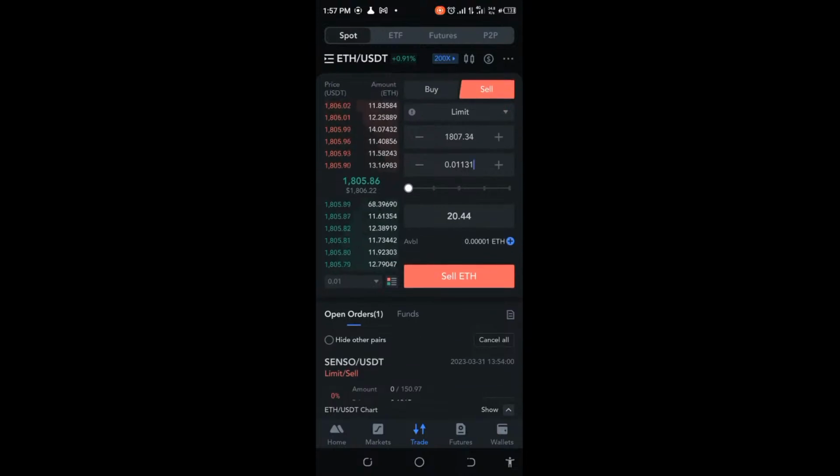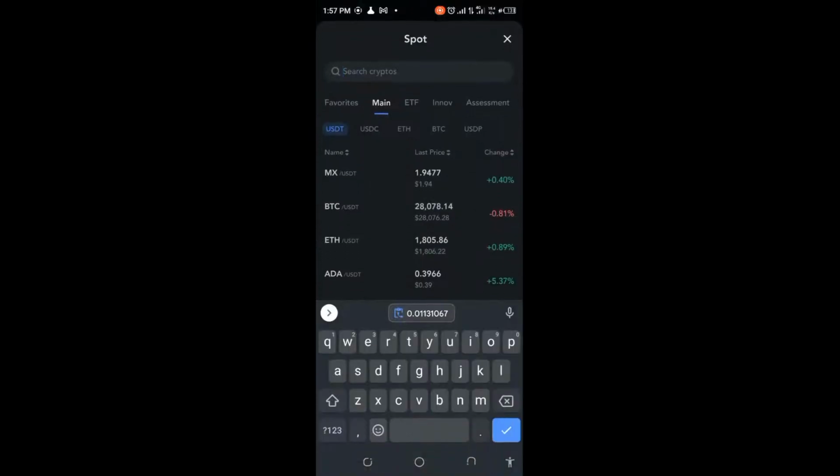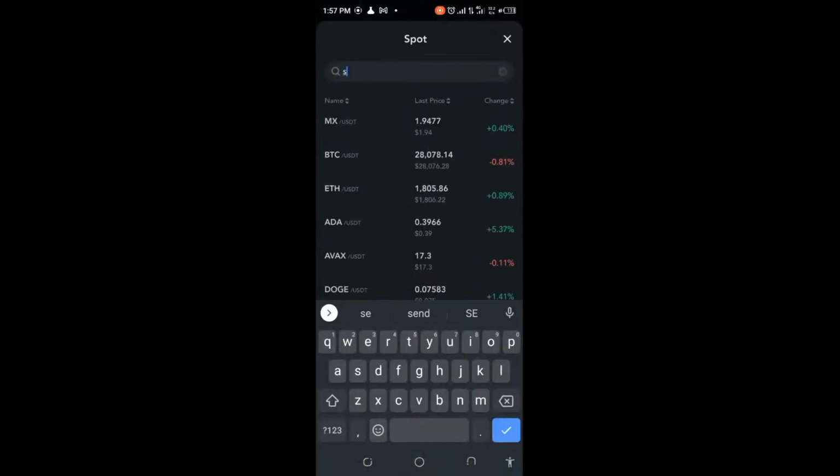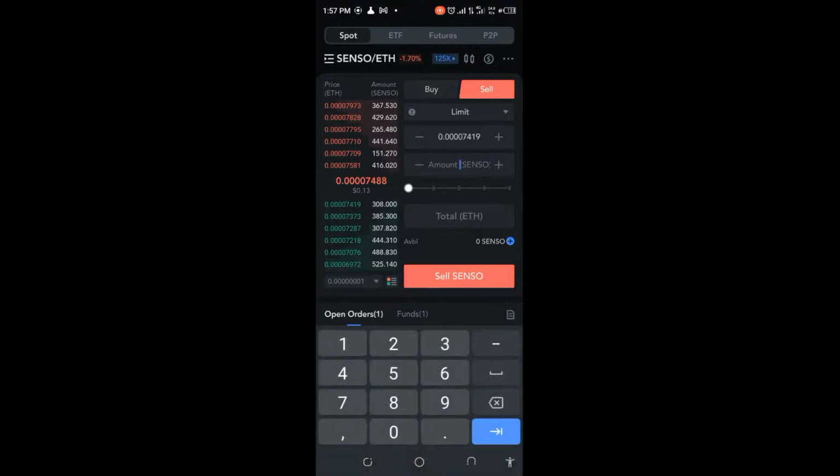I mean, right now ETH is 1805. So let's go see whether that's possible. Let's just quickly do this. I'm just going to put the Senso and see whether I'm going to be able to quickly make back my money. So what I have here is if I pick, I'm trying to sell, but if I pick this 7419 and I put 150.97,